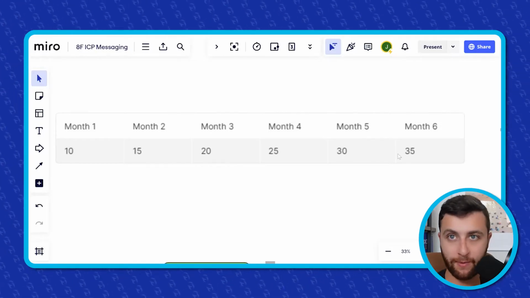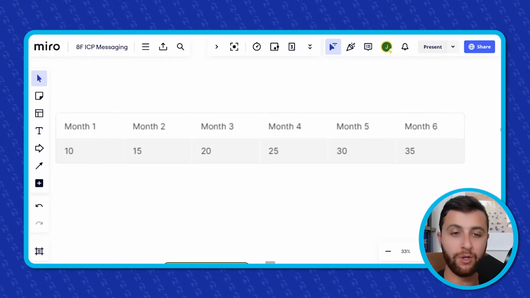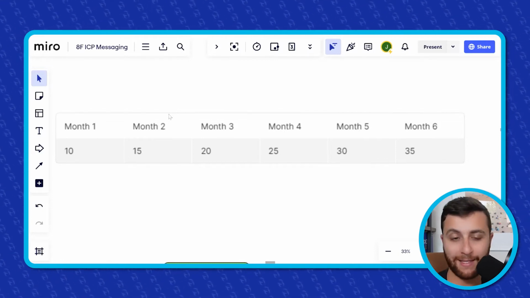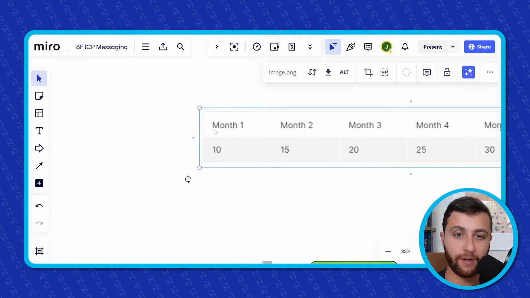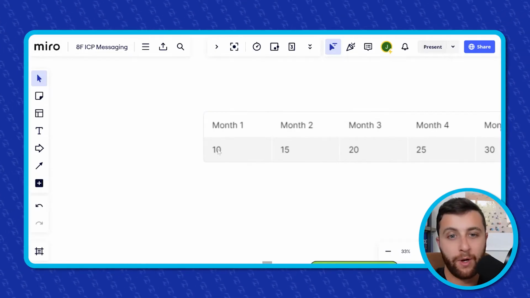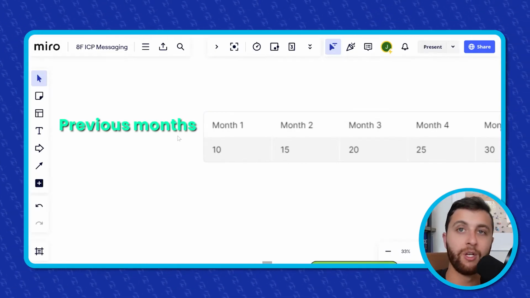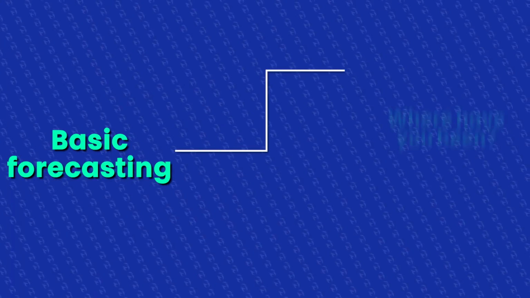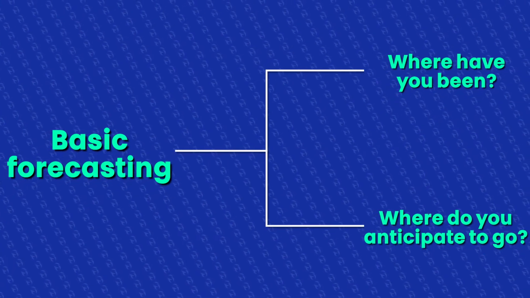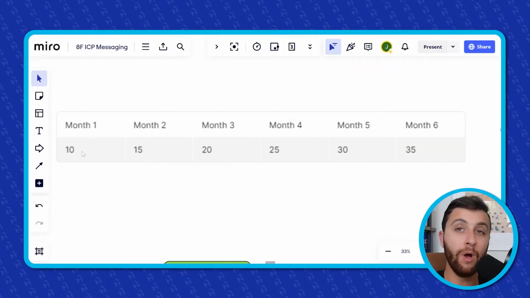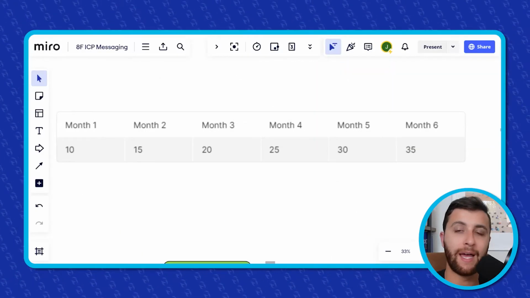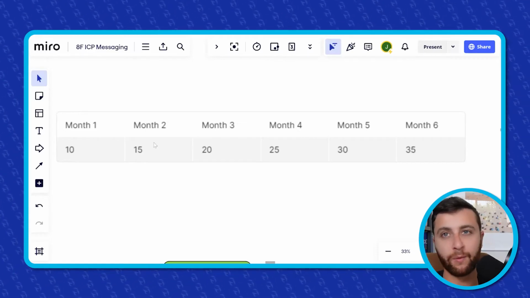Now, this is a super simple forecasting tool that I recommend you use, and this should include not only what you have in the future, but what you have in the past. In theory, you would want to scroll over here to the left. I'm recording this in March, so I would want to have on the left here February, January, December, November. Basic forecasting really just shows where you've been and where you anticipate to go based on what you've already done. When you know roughly how many clients you bring on per month, how many clients you have, and how many clients you lose per month, you could create a really simple forecast.